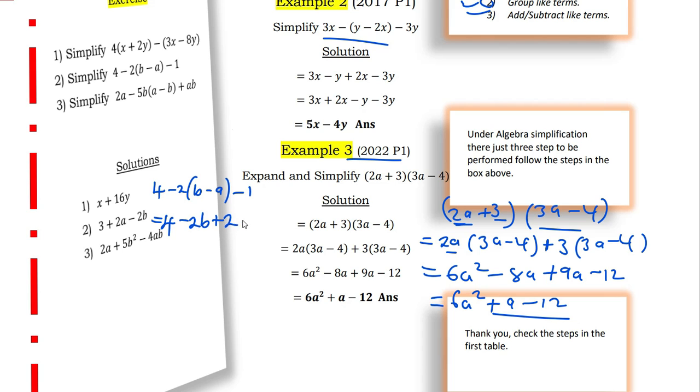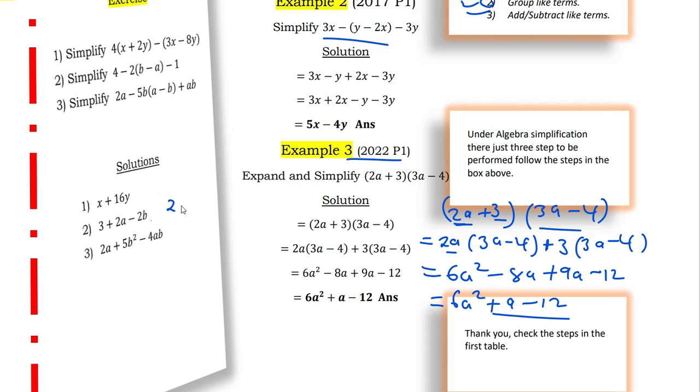2 times a, it's a 2a minus 1 here, which is equal to, we group the like terms. We're getting a 4 minus 1 minus 2b plus 2a. So this is giving us a 3 minus 2b plus 2a. So this is the answer we've got for example number 2. We go to the last question, which is question number 3. Question number 3, of course, we are saying